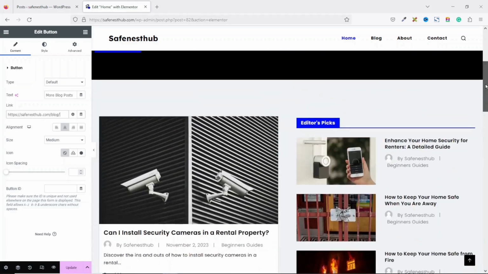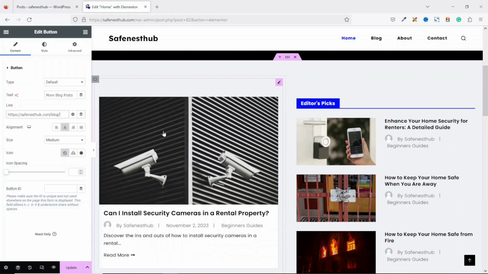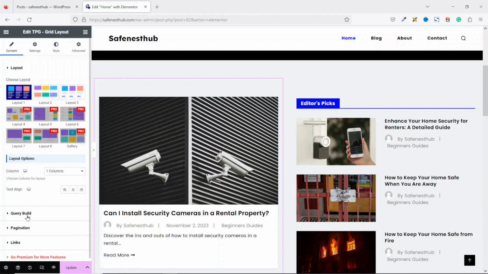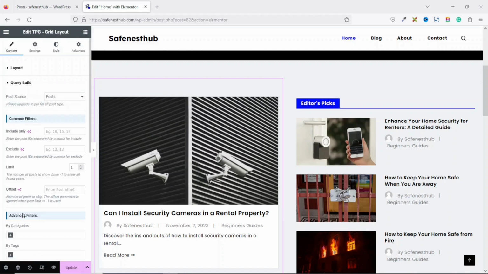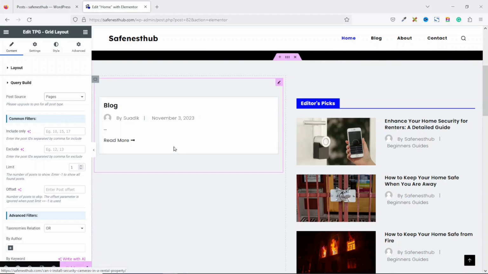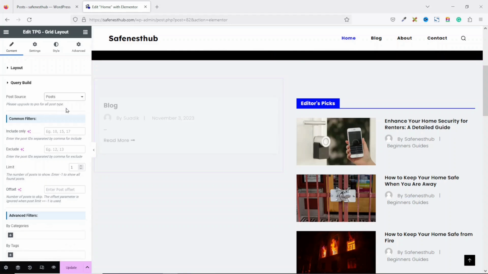Now let's deal with the blog post. Now the very first one right here, that is the big one. If I hover on it, I click on the pencil icon right here. The most important thing here is query build. Just click on it and you see that the source is post. We also have pages, so if you want to see pages, this is where you just select it, and I don't think we need that. You see that it's just giving us this boring thing, so make sure it is set to post, and the